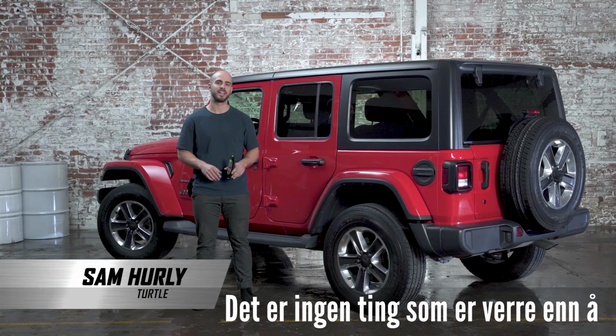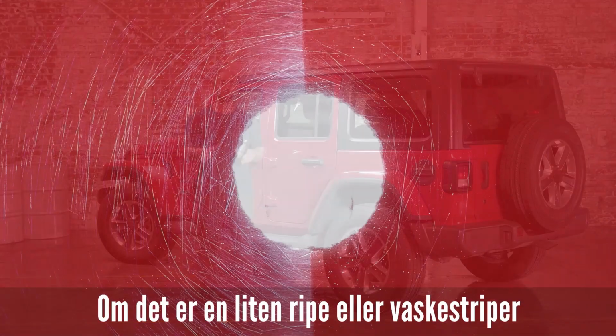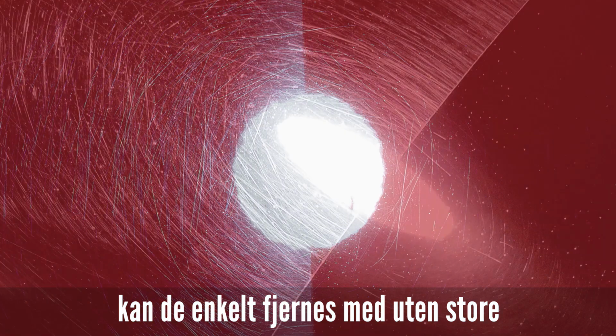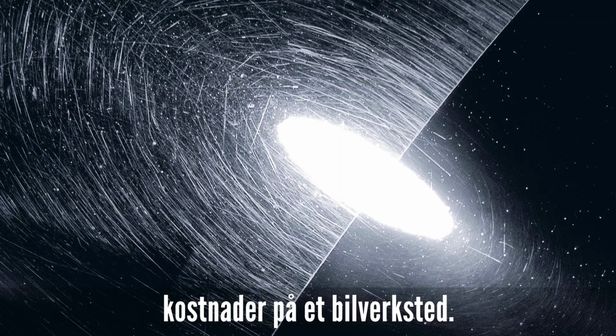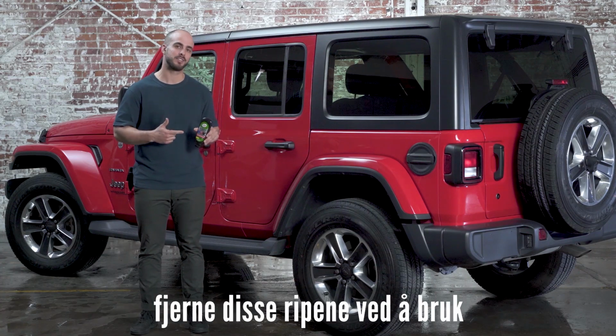There's nothing worse than finding a new scratch on your car's surface. Now, whether it's light scratches or swirls, they can easily be removed without the need for expensive repairs at a body shop. Today I'm going to show you how to safely remove these scratches using Turtle Wax's Scratch Repair and